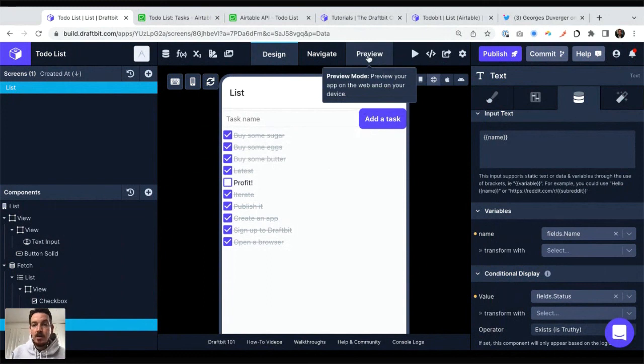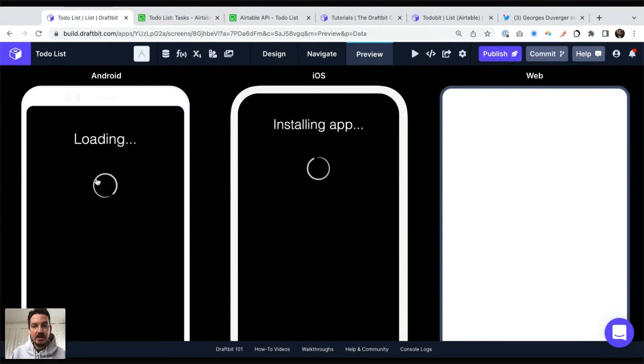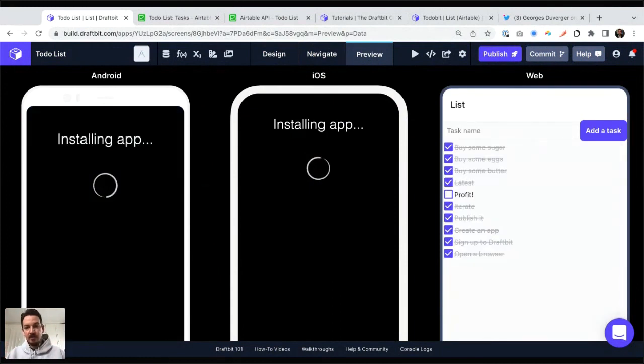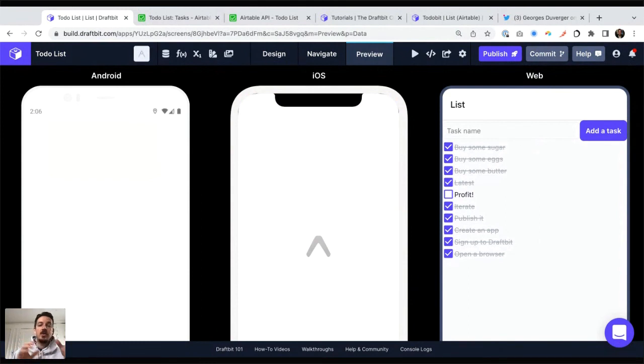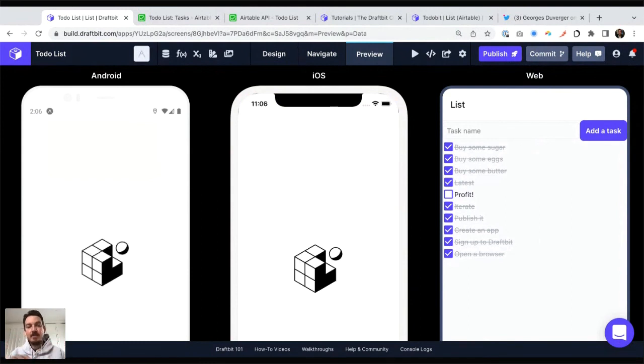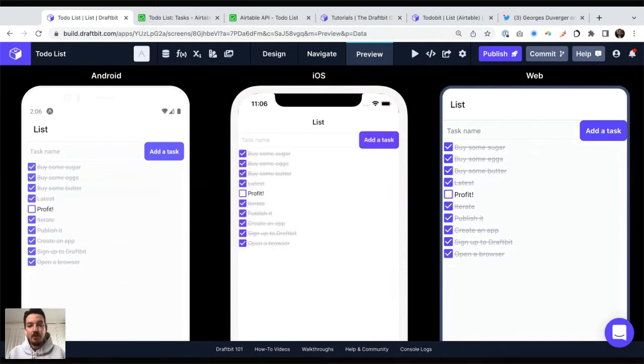So you can preview. We saw a little shortcut to see what it looks like on web, but we have this whole preview tab that lets you see what things are going to look like on Android, iOS, and web. So those are just simulators, but it gives you a really good idea of the different ways things render on those different platforms, and you can test them.